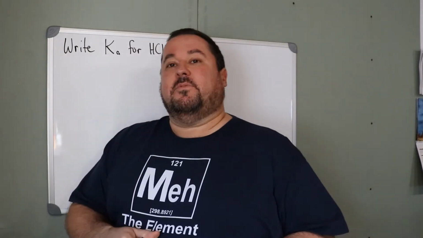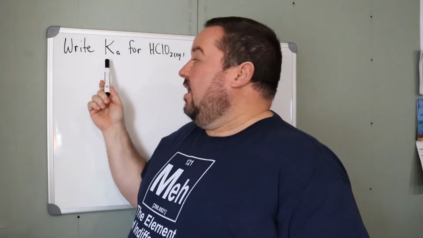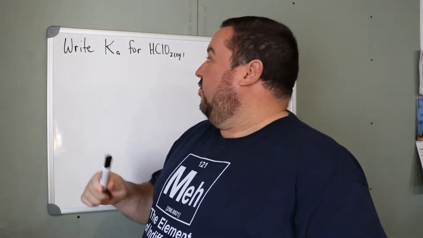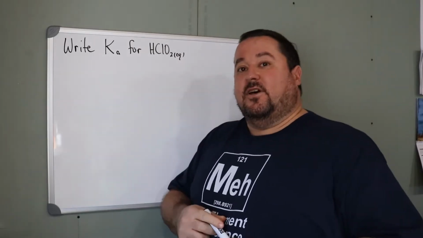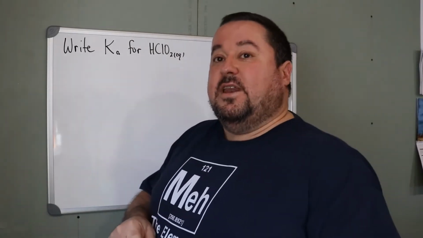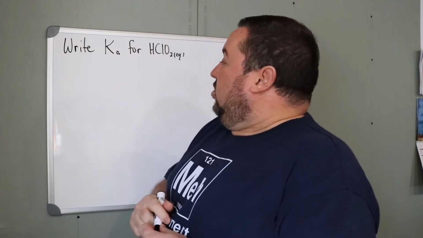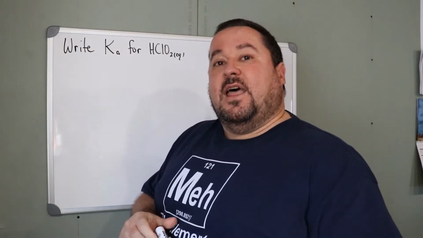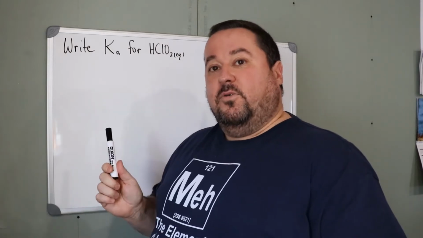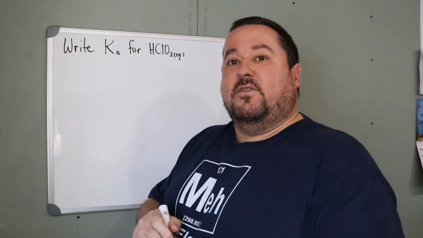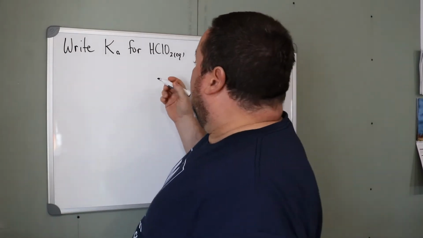We're going to write the equilibrium constant for the dissociation of a weak acid, a Ka value. And we're going to do it for chlorous acid. So chlorous acid, unlike HClO3 and HClO4, is a weak acid. We can write either a Bronsted-Lowry equation or an Arrhenius equation. It doesn't matter, and I'll do both just to show you that the Ka will come out the same either way. So if we start with the Arrhenius definition,